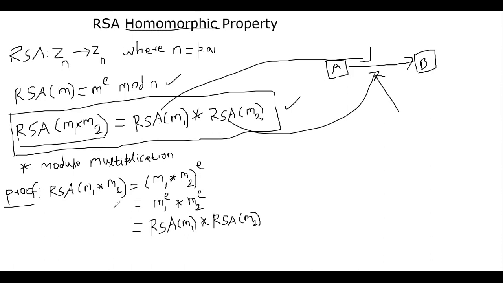So how do we prove this? Well, if you take RSA of m1 times m2, we can plug into this formula, which is (m1 times m2) power e. Since you're doing group multiplication, modulo multiplication, we can bring the e inside the multiplication. And this is nothing but RSA of m1 times RSA of m2. Okay. Note that if you're implementing this in Python or whatever programming language, you need to do mod n when you multiply the ciphertext, because multiplication can go out of n. That's why I put in here modulo multiplication. Okay. All right, this is the basic homomorphic property of RSA.